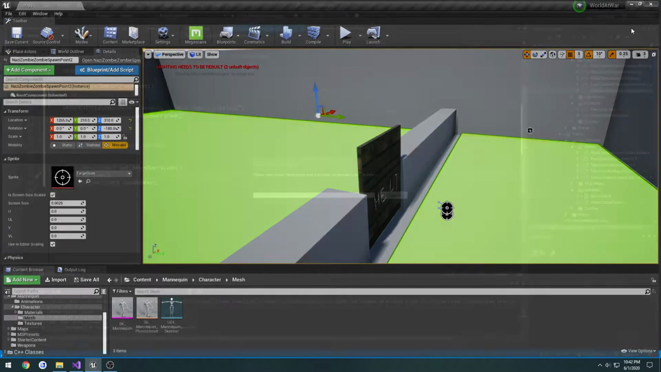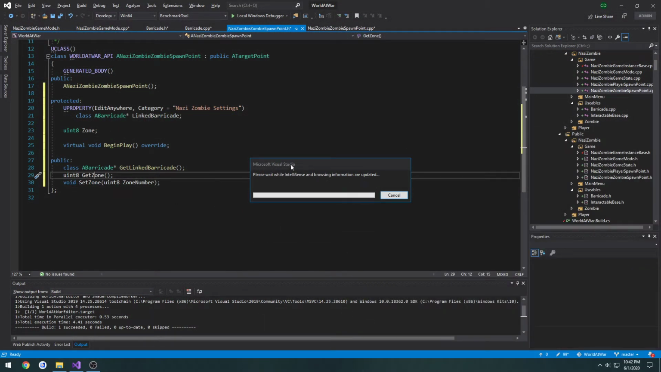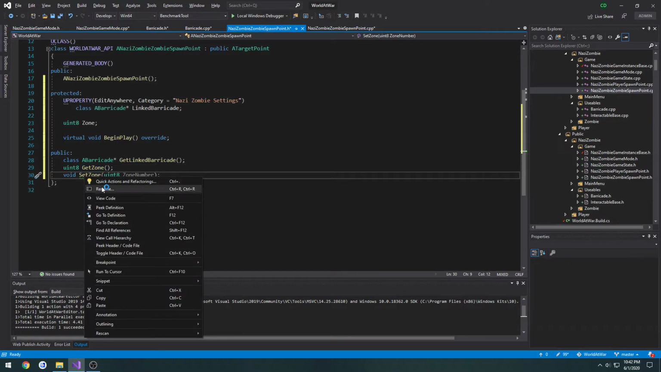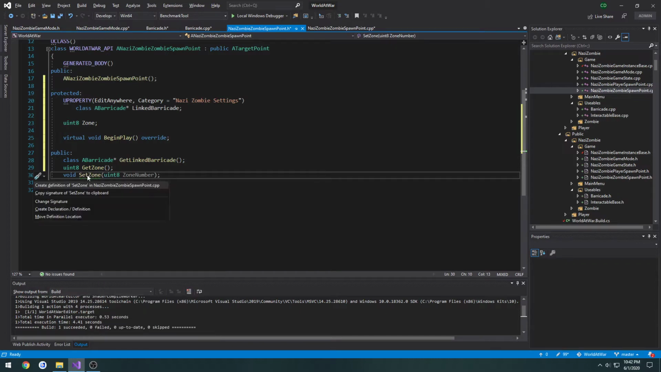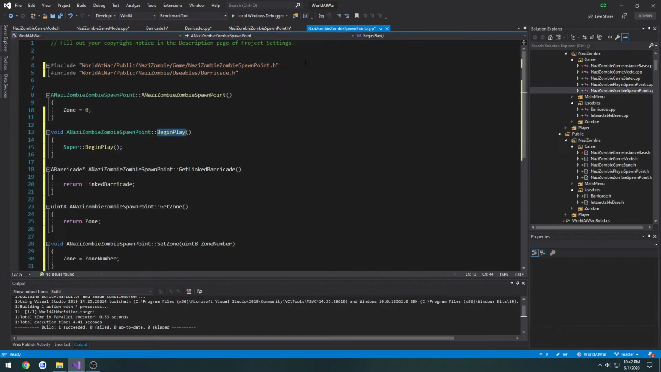And go ahead and close down the editor. Oh my gosh, hurry up. There we go. So return zone, and set zone is just going to set it. So zone equals zone number. Okay, so now